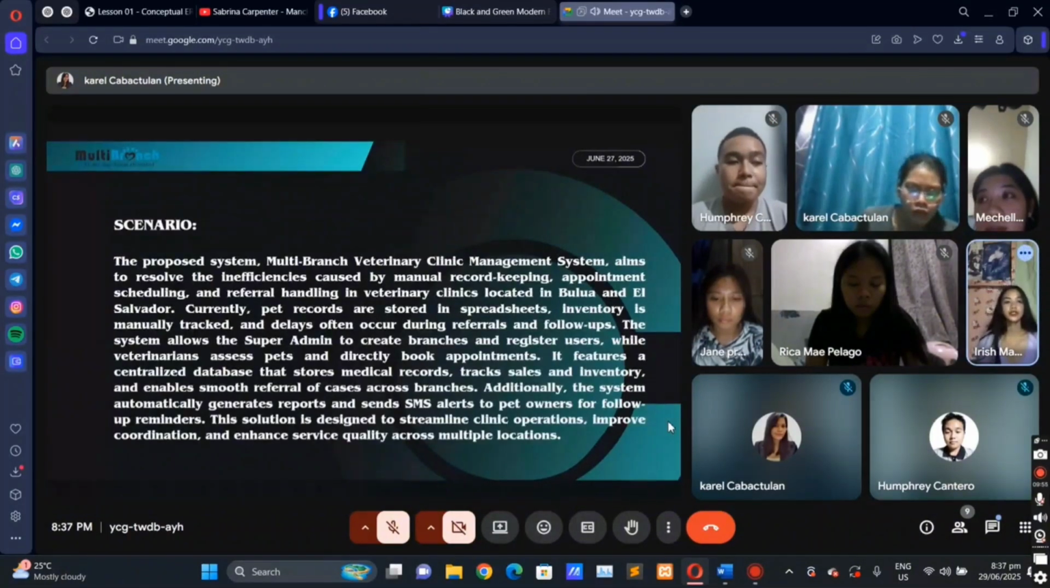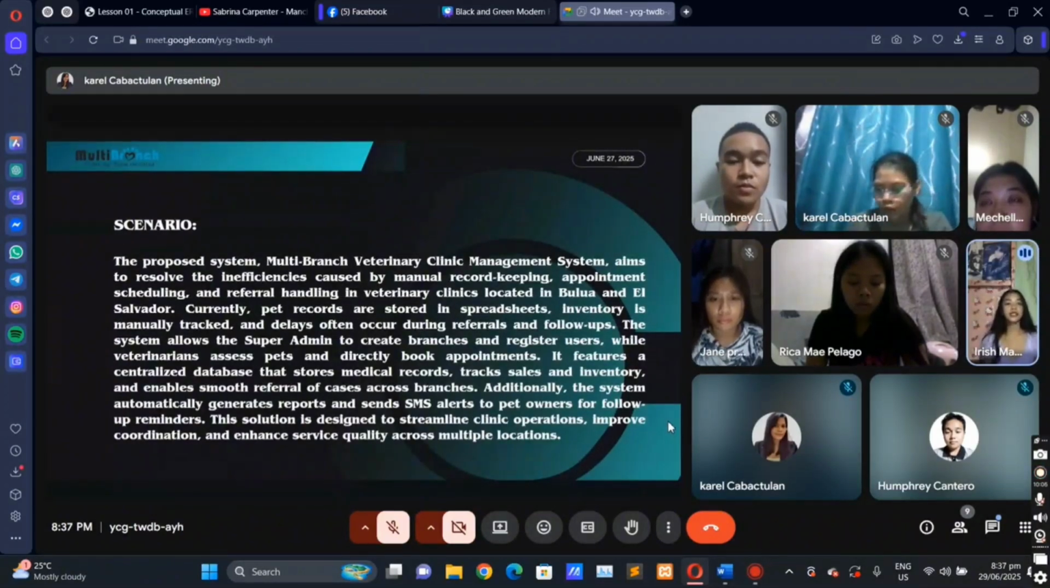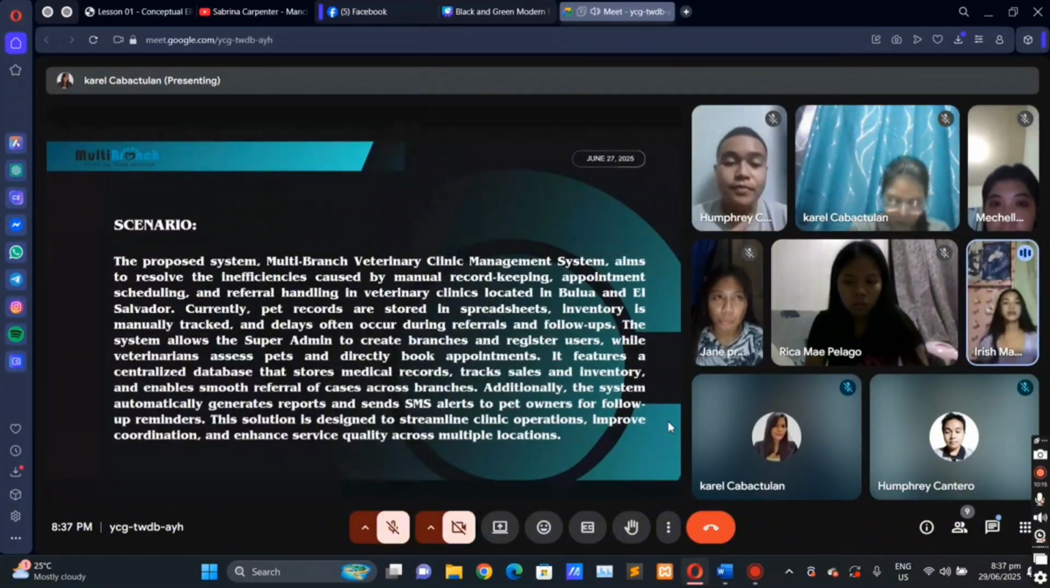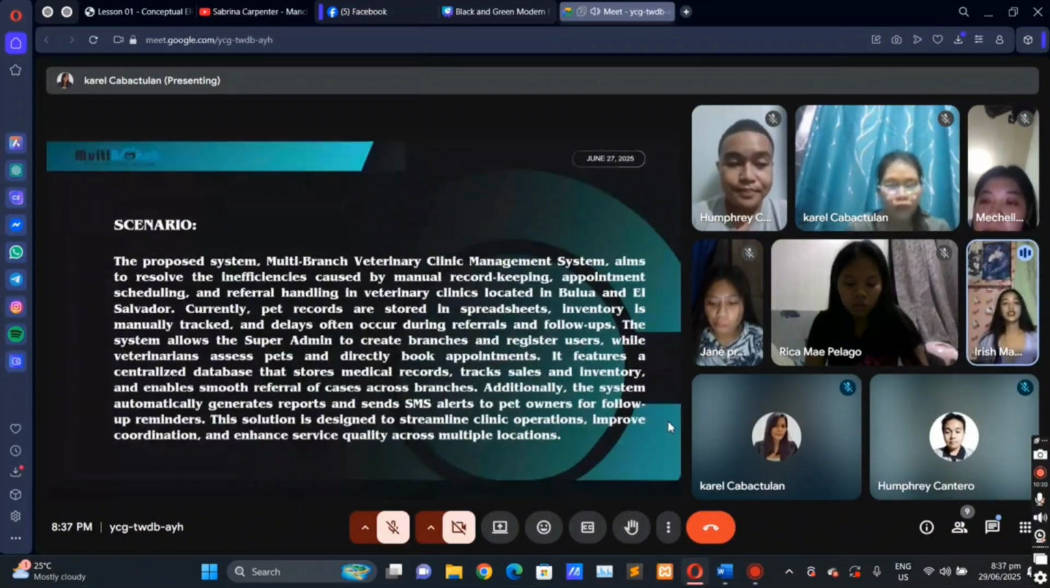So for the scenario, the proposed system, which is the multi-branch veterinary management system, aims to resolve the inefficiencies caused by manual record keeping, appointment scheduling, and referral handling in the veterinary clinic, specifically located in Blue and Elsinore. The proposed system is designed to improve how things are done in two specific areas. The goal is to replace the outdated manual tasks with a modern digital system that helps staff work faster, make fewer mistakes, and provide better care